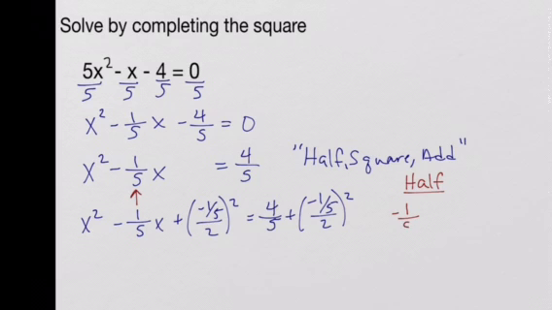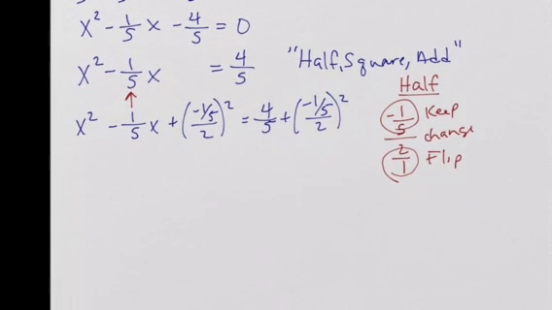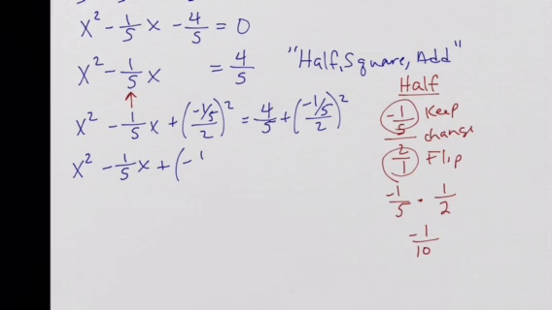We would have negative 1/5 divided by 2. I'm going to look at 2 as 2 over 1 so that I can keep, change, flip. So I keep negative 1/5. I change division to multiplication, and I flip 2 to become 1/2. So I actually end up with negative 1/10. So in my problem, I have x squared minus 1/5 x plus negative 1/10 squared, and then equals 4/5 plus